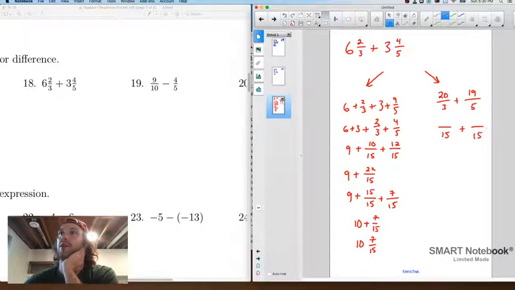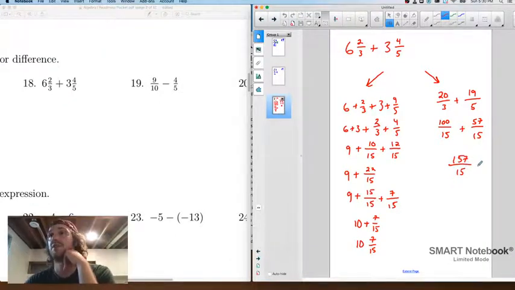Yuck, the math here is pretty brutal. We multiplied this times 5, so you multiply that times 5. 20 times 5 is 100. Multiplied this by 3, so we multiply that times 3, which I believe is 57. Oh, that's not too bad. Add the two numerators together, and you'll get 157 divided by 15. And then basically 15 times 10 is 150. So that's where you do your division here to get